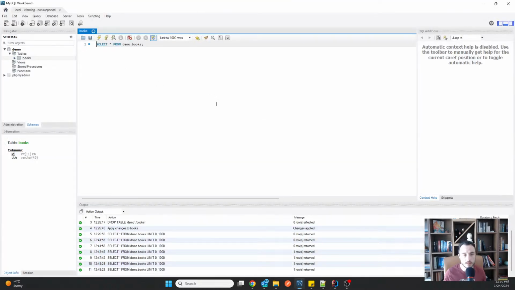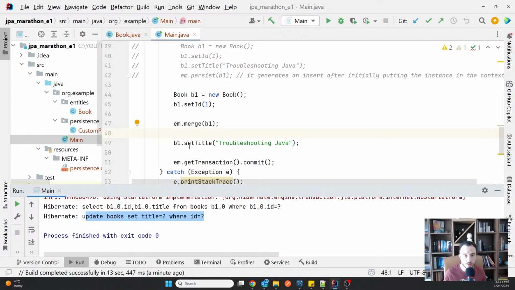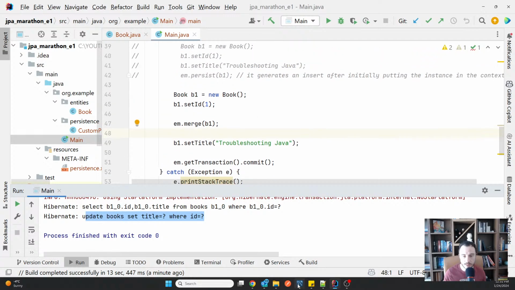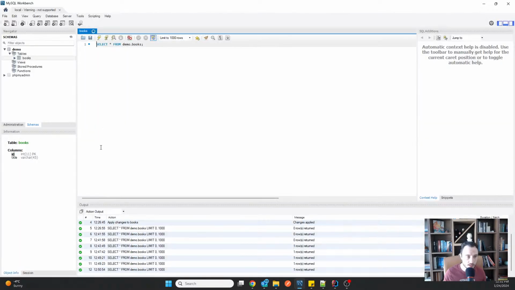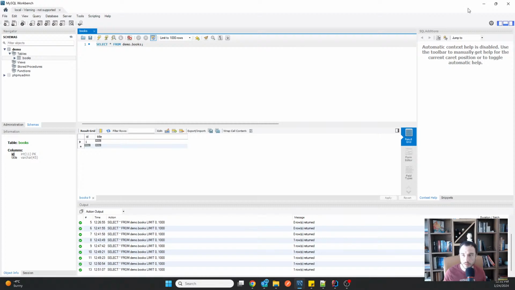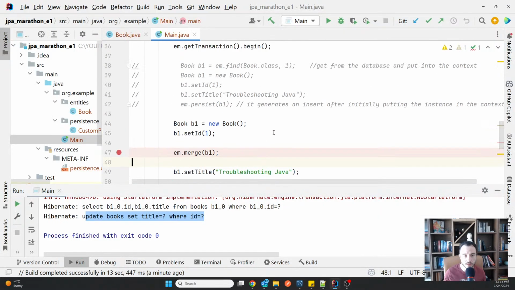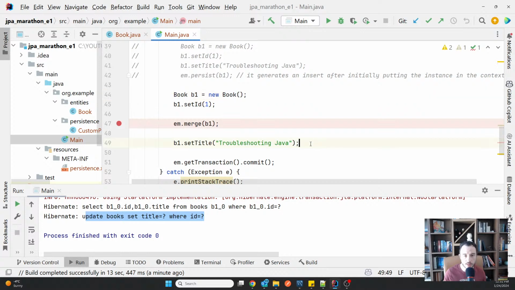And then we can see the title is null for some reason. I don't know why. It started with a lot of ghosts today, but we can investigate again why it happened. So b1 was null, and then I changed the title.